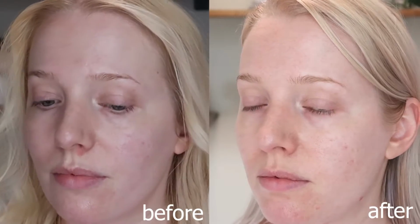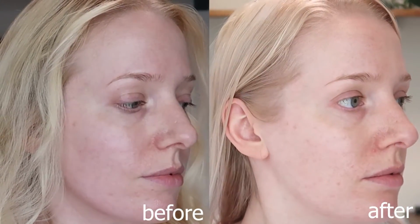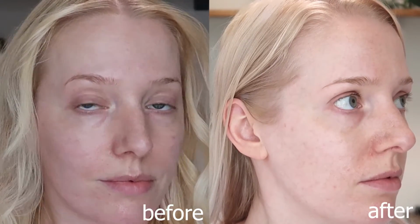I personally, looking at the before and after, don't really see a massive difference between them. It's been about 5 weeks of using this. Now I know that there is a difference between the LED treatments that you'll get at home in comparison to going to a specialist like a dermatologist, and I've had them before at a dermatologist, and